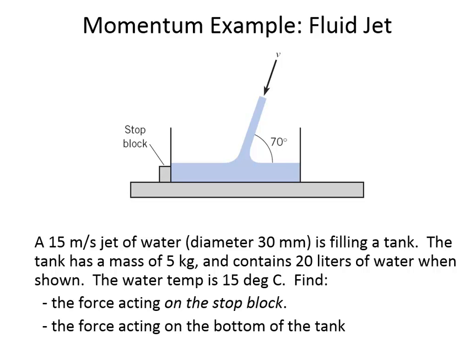There's nothing flowing out in the x direction, or the y direction for that matter, but right now we're just looking at the x direction. So there's no mass flow out or velocity out, so that term is equal to 0, minus the mass flow rate in times the velocity in. So the force required to hold the system steady in x is going to be the negative of the mass flow rate, which is 10.6 kilograms per second, multiplied by the velocity. Now, the velocity component that's in the x direction will be the cosine of 70, multiplied by negative 15 meters per second. And it's important for us to preserve that negative sign there so that it tells us the force required in the correct direction. That works out to be